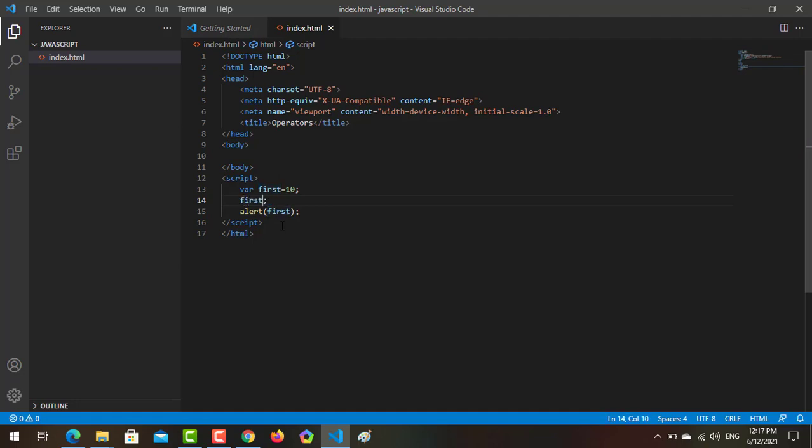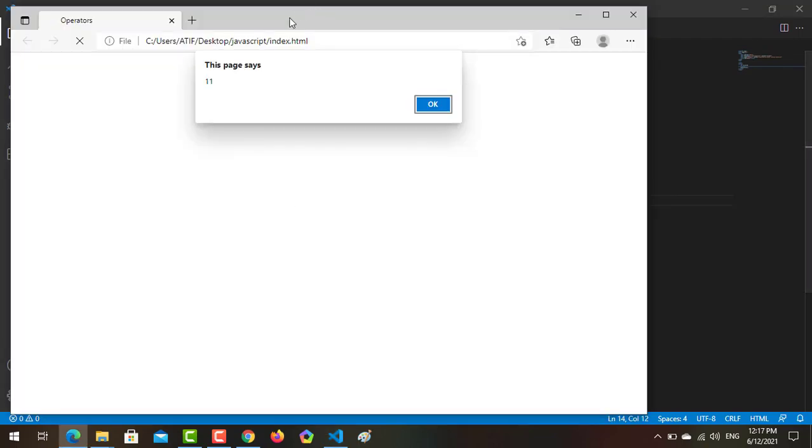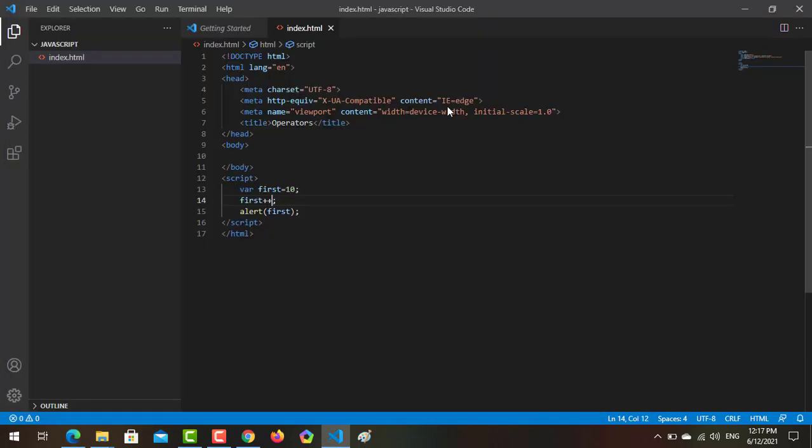And what if I use post increment? It will also increase the value by 1, but the main difference is that if we write alert of first, it will show me 11.